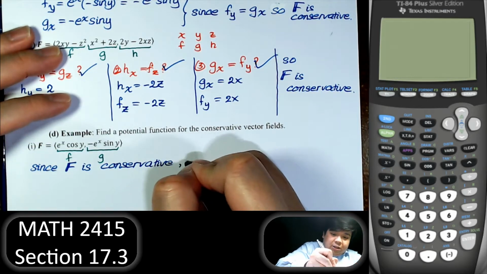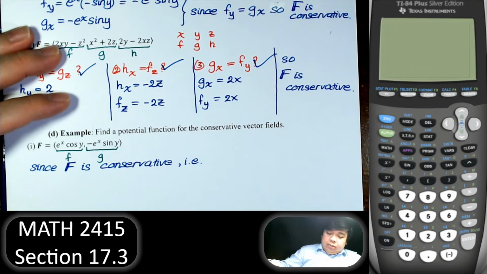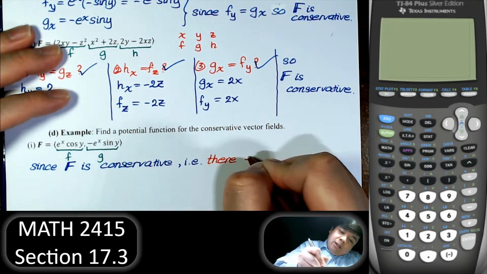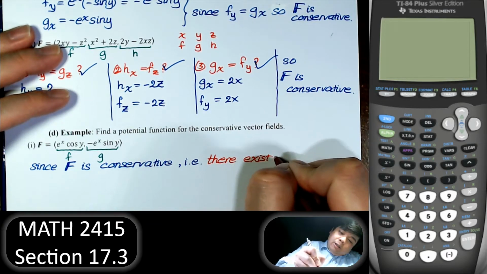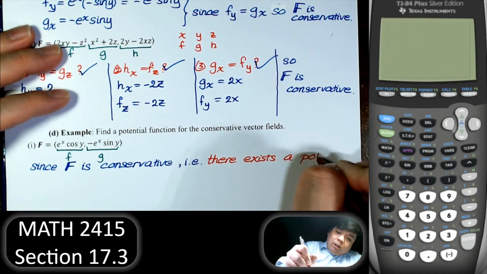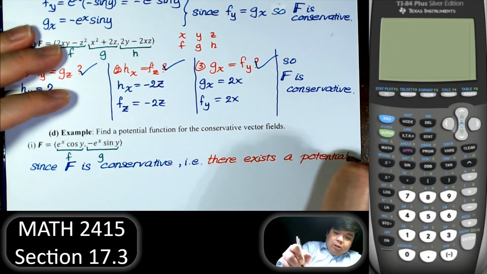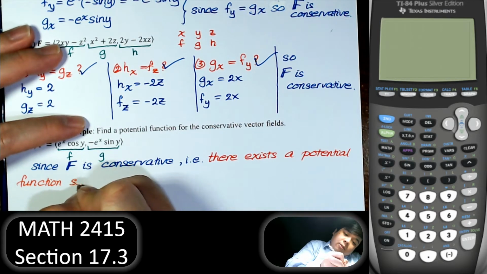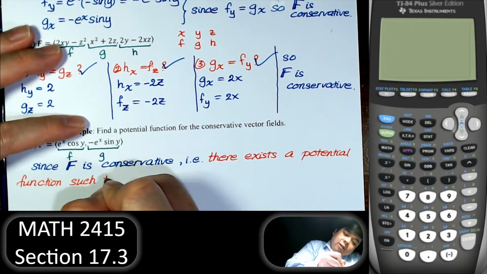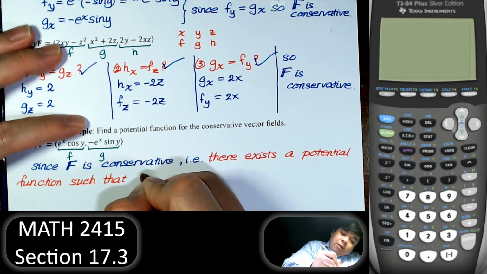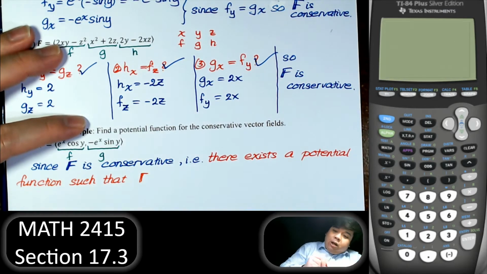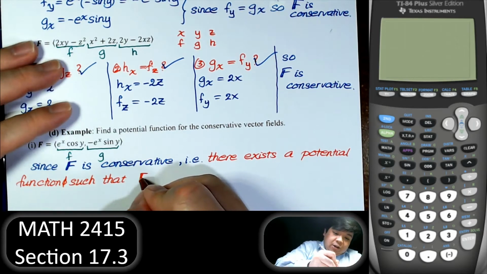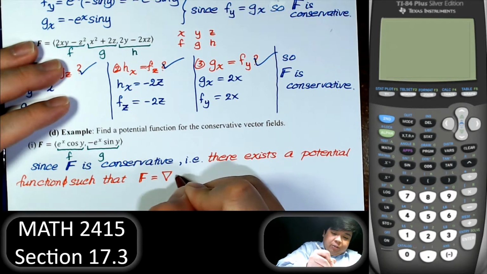That means, by definition, there exists a potential function phi such that the vector field f equals the gradient of phi,